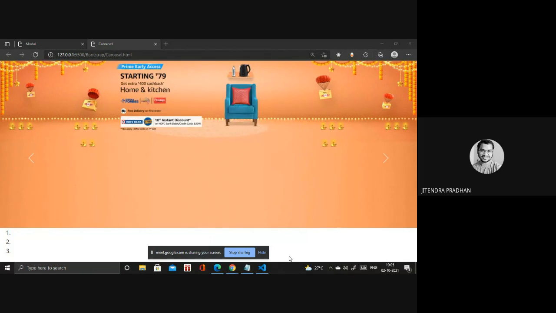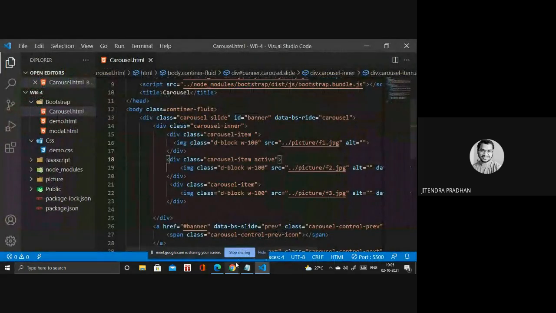Okay, and upon that, if you want to give a particular position, then you have to use all the position attributes, all these things we have there in the CSS. I don't need to explain again. Okay, I hope you got this point, how you need to design all these things. If you have doubt in the carousel, you can ask me.